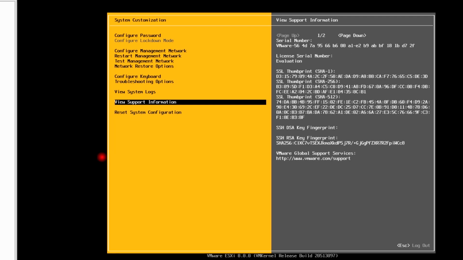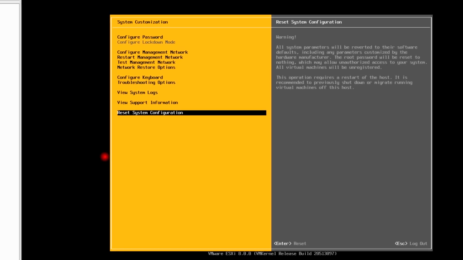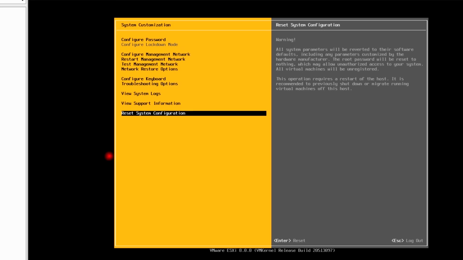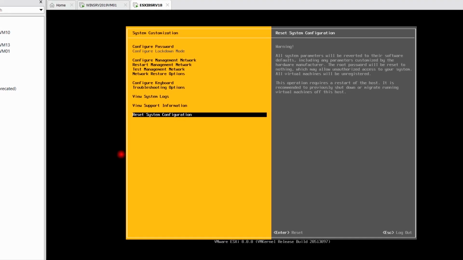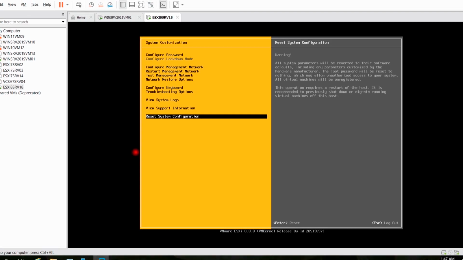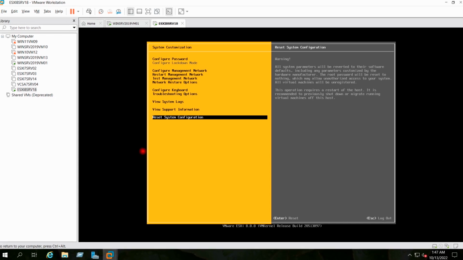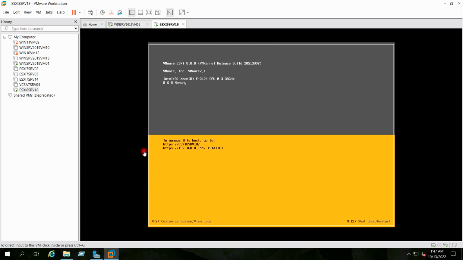And this is the reset system configuration option. If I hit enter here, it will reset all configurations of the ESXi host to default. I will press escape to log out from this page. I will minimize the DCUI console.